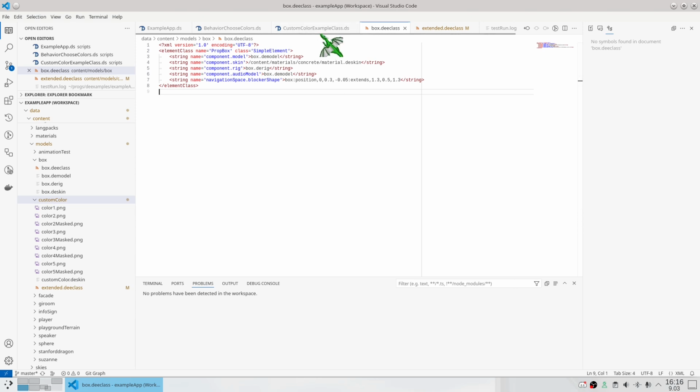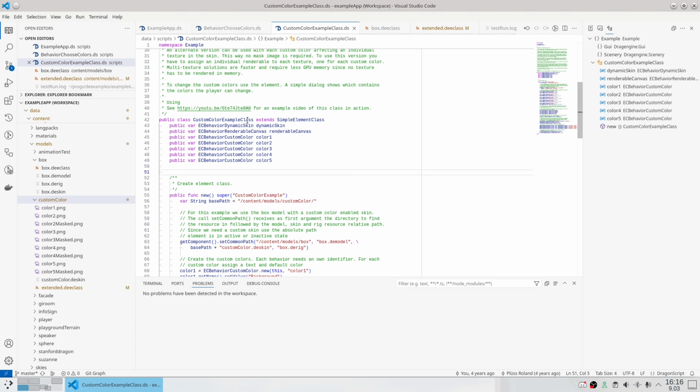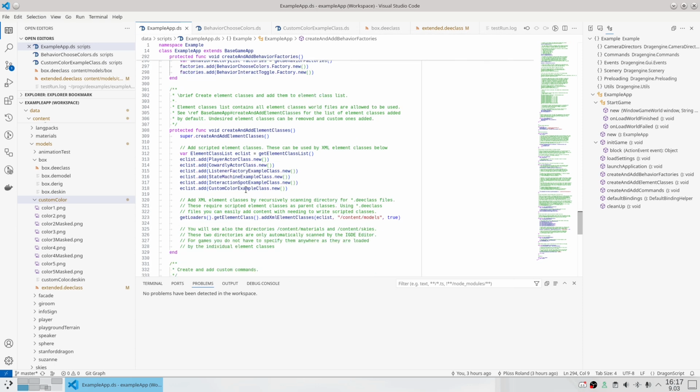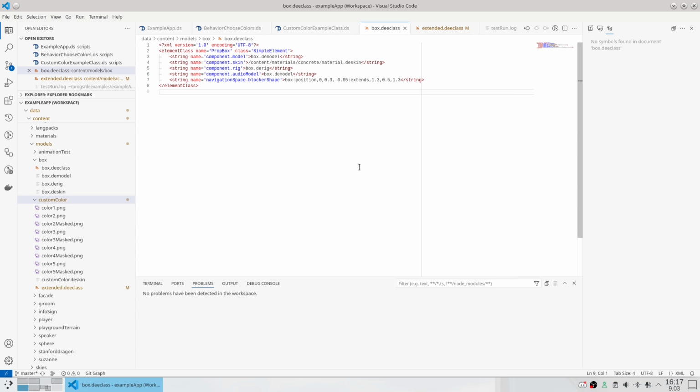While this is already a cool system and very versatile, it would be interesting if you would be able to define behaviors also inside XML files. Then you would not have to create a new element class for every new element class with a new logic and add it to the available element classes, but you might be able to do it right in an XML file. And this is what this update is adding. So let's go to the basic